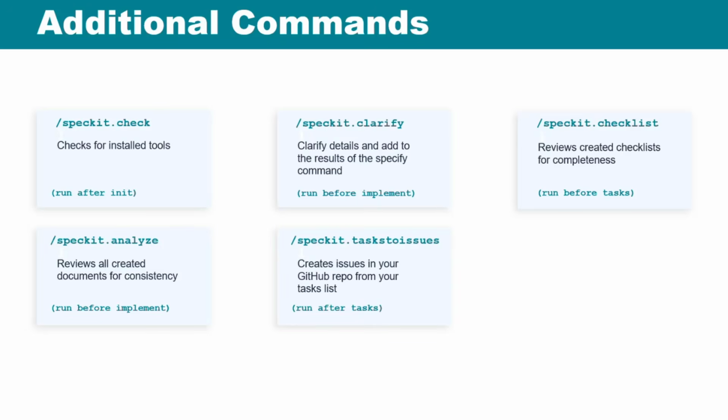So if you need to add additional details, if you need to change things, if you decide, okay, I'm not going to do these 2 tasks that I thought I was going to include as part of this, I want to move those to the next one, then at that point you would use the clarify command, and that tells it to take what was written in the specification and either change details, add details, add some more description to it, whatever it might be. You would use the clarify command to do that. So it tells it, okay, I'm making modifications to my existing specification. It's not time to move on to a new modification.